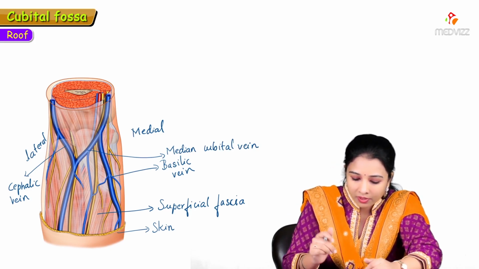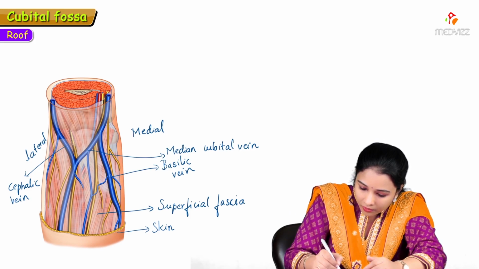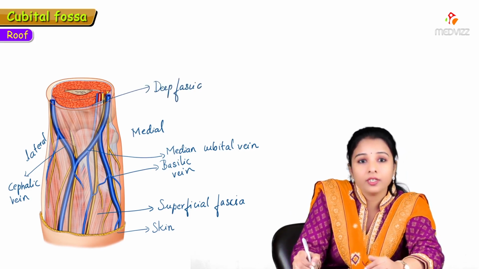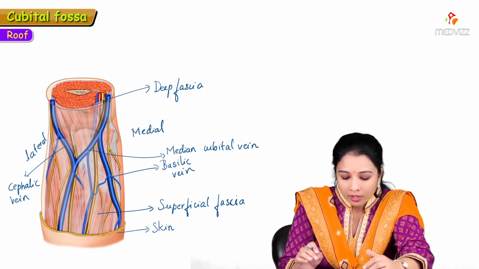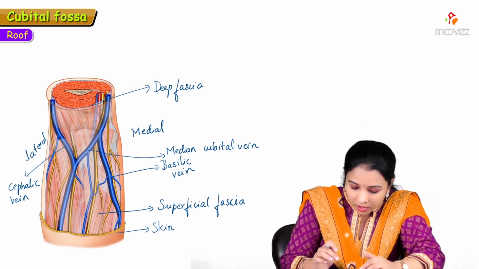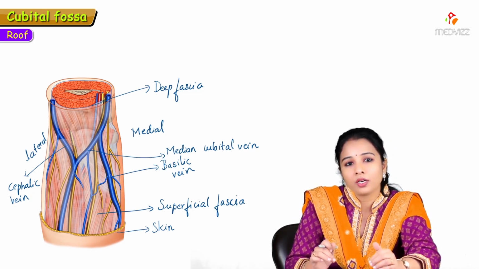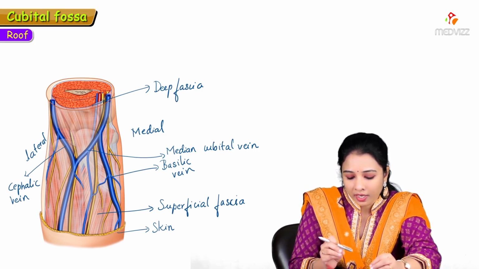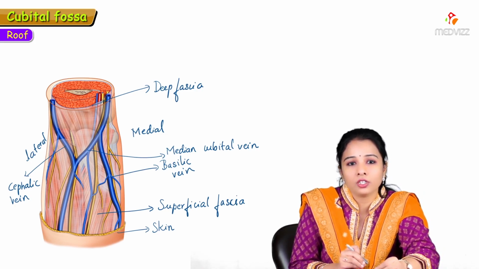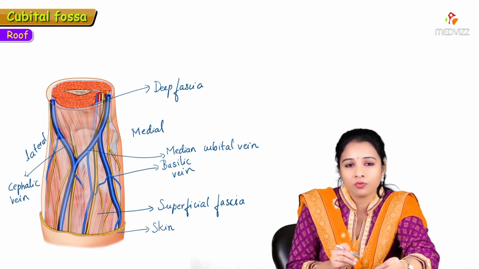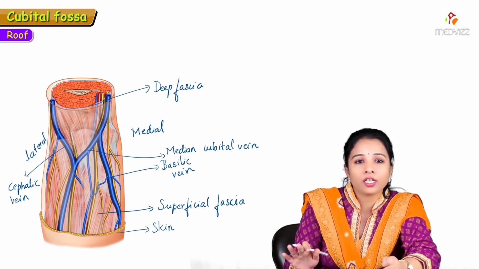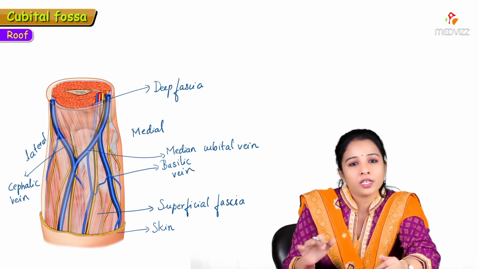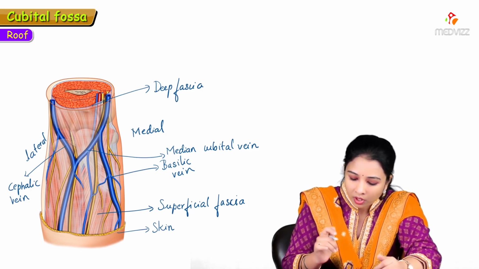Beneath the superficial fascia is the deep fascia. So what we are seeing is deep structure is the deep fascia, and also the bicipital aponeurosis. You can see the tendon of the biceps. Part of the biceps gets inserted in the form of a tendon. So biceps brachii, before its insertion to the radial tuberosity as the tendon of biceps, part of it continues as a sheet which is called as bicipital aponeurosis, which blends with the roof, forming the roof of this cubital fossa.